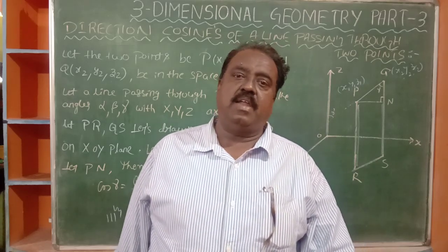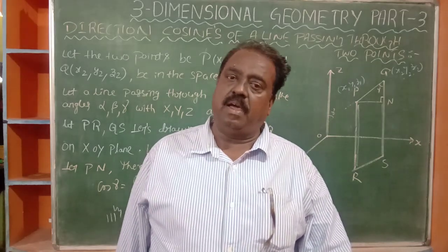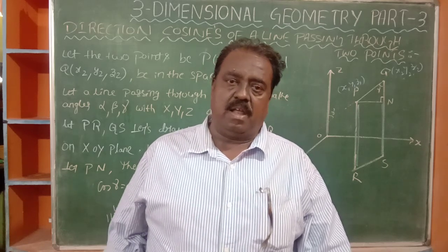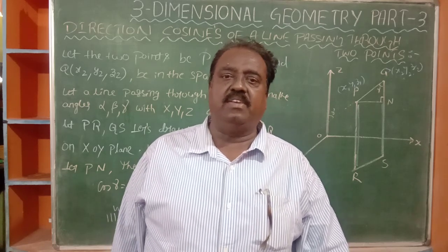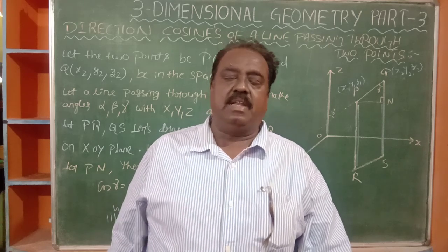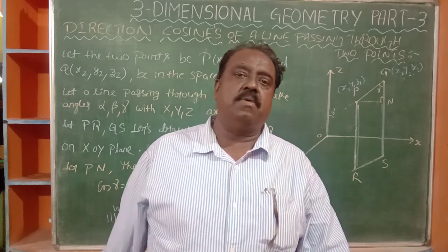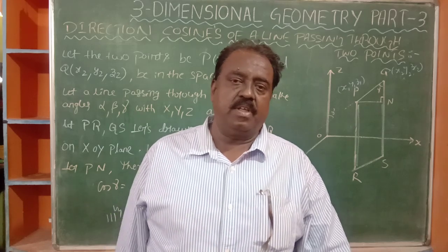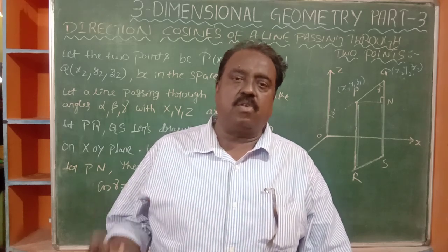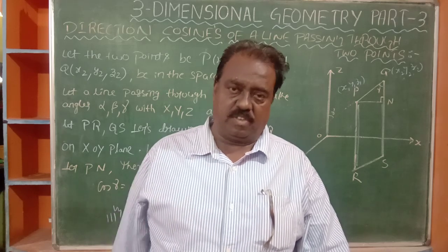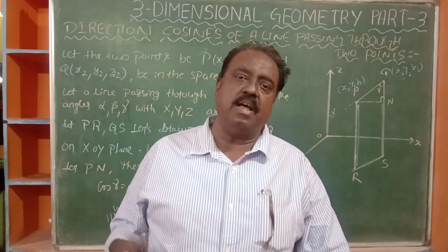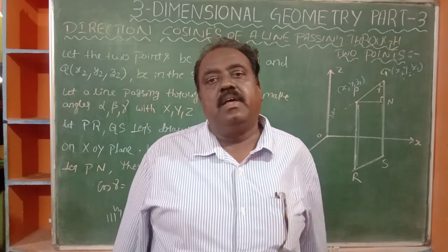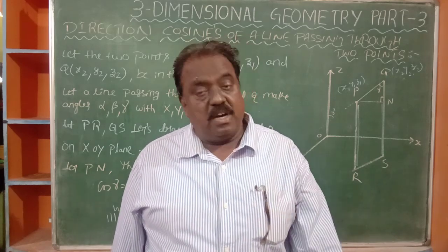DCs means direction cosines of a line OP. First we take OP, which makes angle alpha, beta, gamma with x, y, z axis. Then cos alpha, cos beta, cos gamma are the three numbers triplet. They are the cosines, direction cosines. Alpha, beta, gamma are the angles made by that particular line. Okay. Then what about DRs?